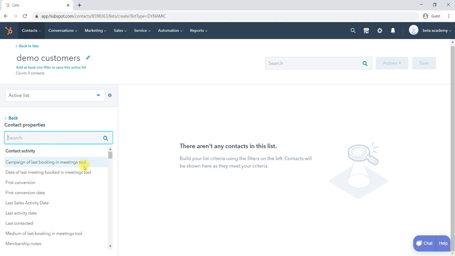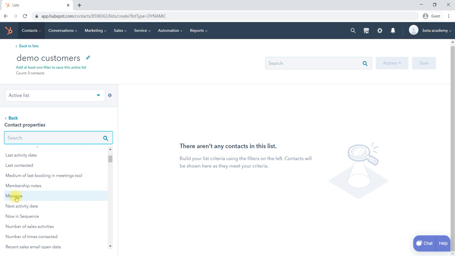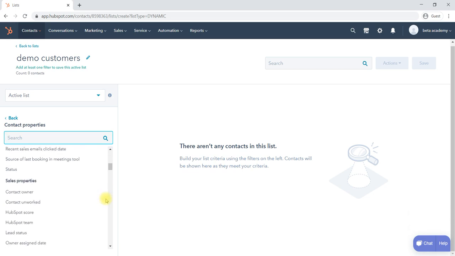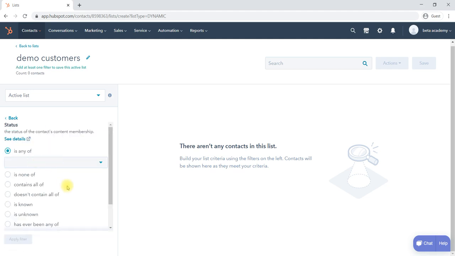Within a contact we have many activities, right? Once they have started a conversation, we have to add them to the list, or based on a message, or in a sequence, or status wise. Whenever you say that it is a deal, then you would like to add it to the list.